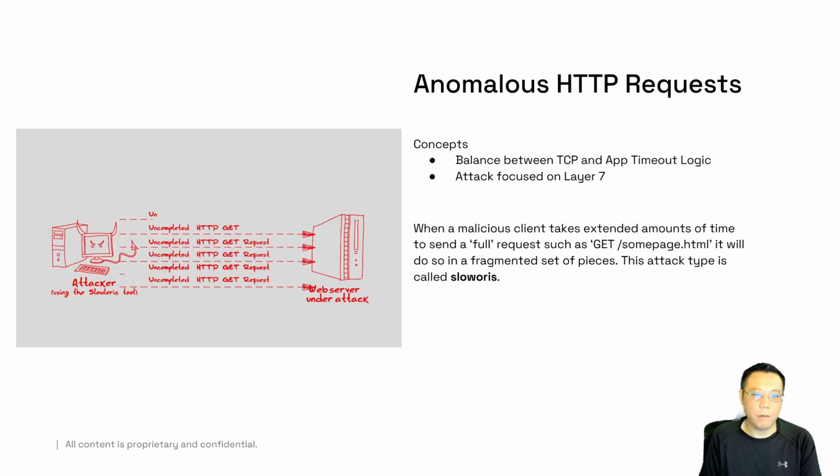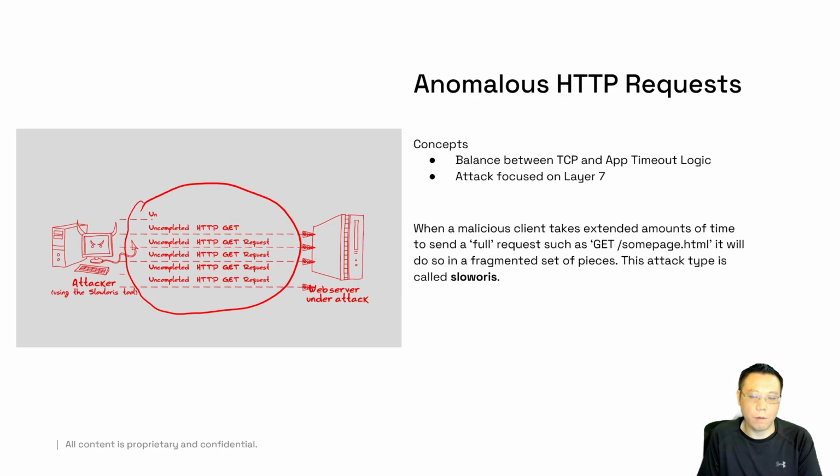One such malicious behavior is called the slow loris attack. Not Solaris, but slow loris, just like the actual slow animal. You want to find a balance between the TCP and application timeout logic for connections that are not complete. This attack is focused on layer 7, which defeats a lot of denial of service security contexts and appliances that are not application aware. Here we see that HTTP allows the slow loris attack by allowing a high amount of timeout,